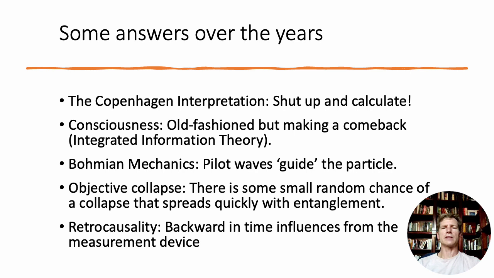Retrocausality. There's also some other theories that somehow the future can impact the past, and that is in particular the measurement device, the settings on the measurement device that we're using can somehow influence whether or not the particle is released. So even just putting a detector up will influence whether or not a particle is released one way or another. This again has some following. Some people don't like backward in time causation, so they're not as happy with this. But it is a working theory that works well with the math of quantum mechanics.